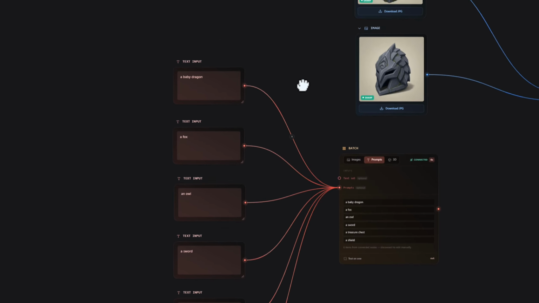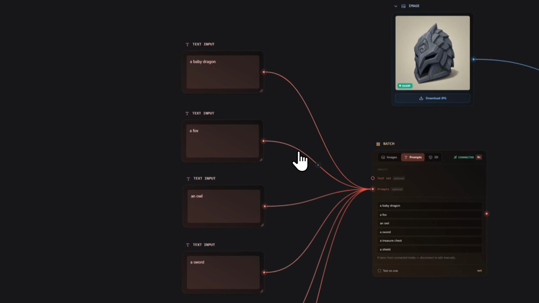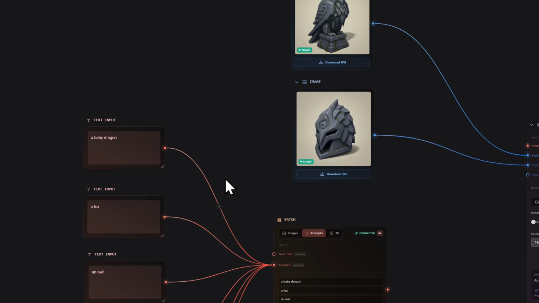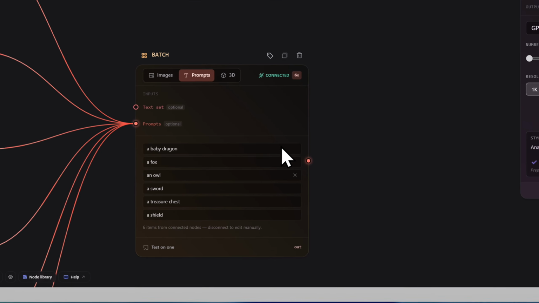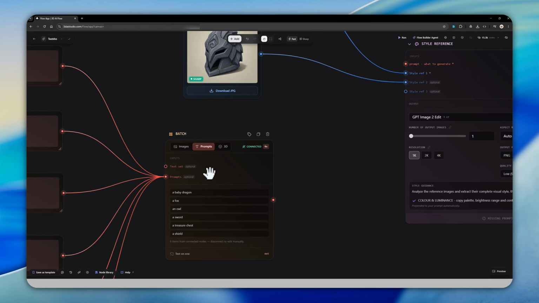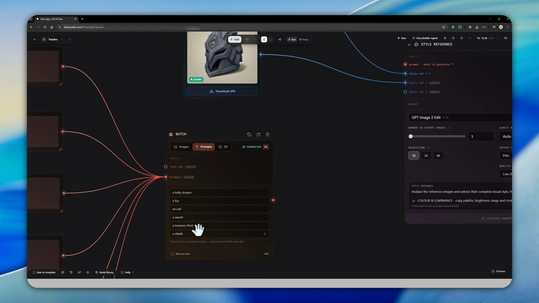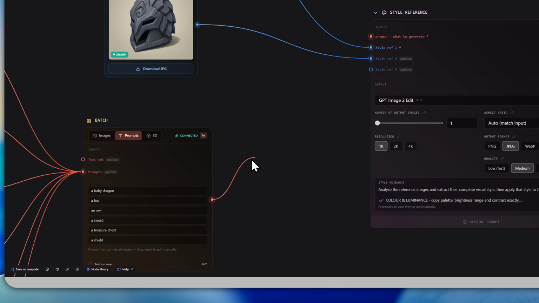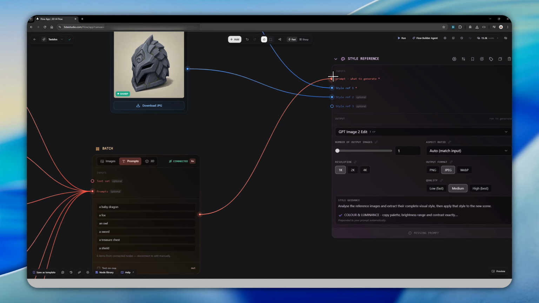Nice, so I filled each one in, and we want a baby dragon, a fox, an owl, a sword, a treasure chest, and a shield. Each one in that style. So now you can see in the batch node, it lists all those different variations of the prompt. Now all we have to do is connect the output of the batch node to the input of the prompt